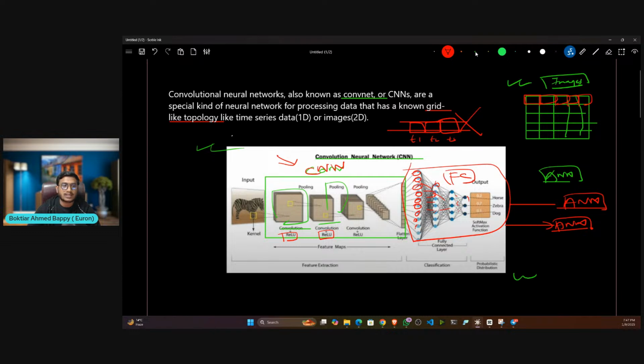Why does ReLU work better? I think you already know if you know about ANN. Inside ANN you already learned why ReLU works better. So you can see, if you combine all the architecture together, this is called a convolutional